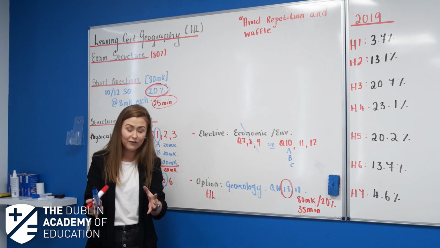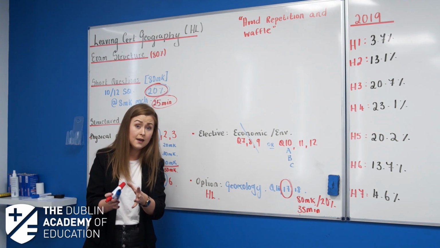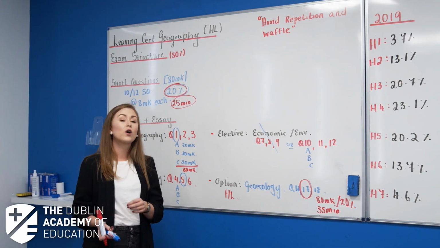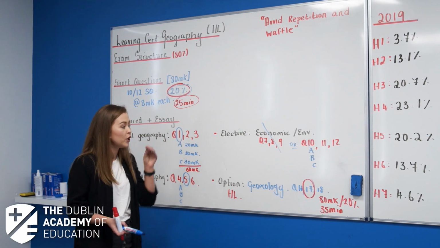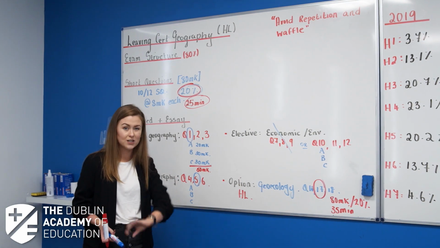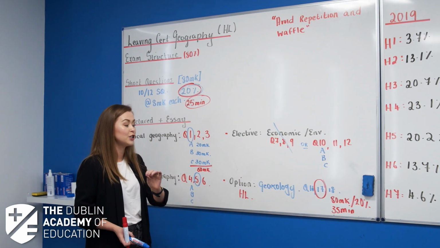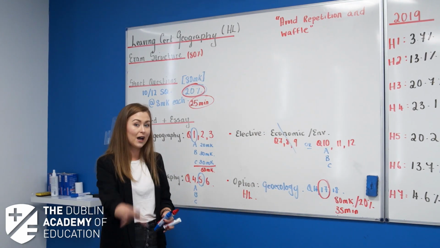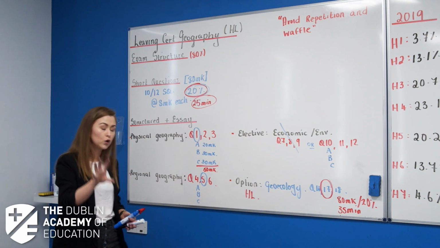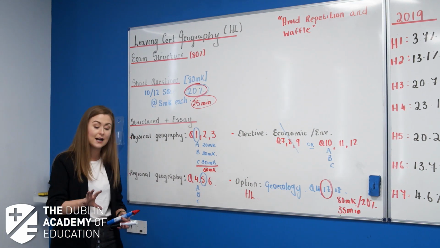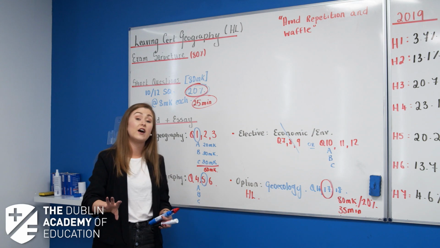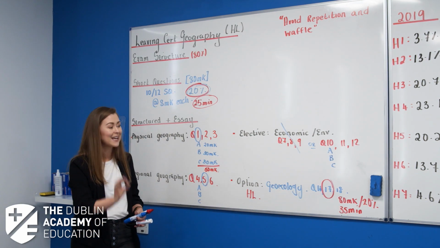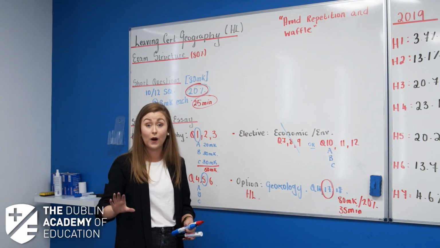Now, I hope that, and you have the handout there with you, okay? So you're going to be filling in the time and make sure you have that timing down. It's very, very important from the start of 5th year, never mind 6th year, that you start getting this timing right. You know exactly how long it takes you to do each section, because that's how you're going to build up your marks. Now, that's the first thing you do, okay? You learn your structure of the paper, you learn exactly what questions you're going to do, because on the day of that exam, you have 2 hours and 50 minutes, and you cannot spend a second longer reading questions that you are not doing, okay?